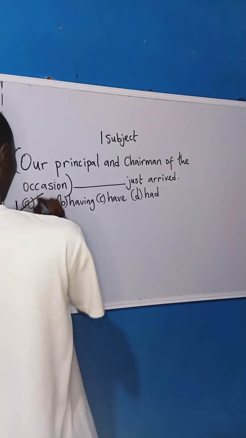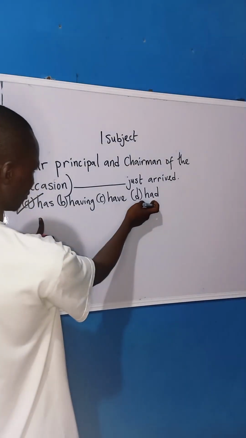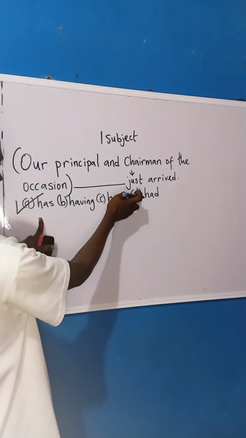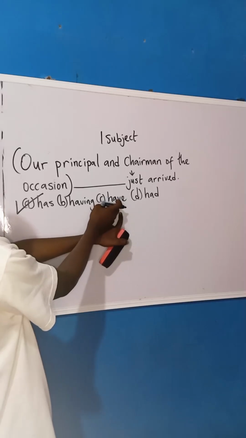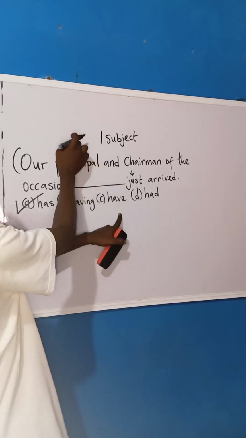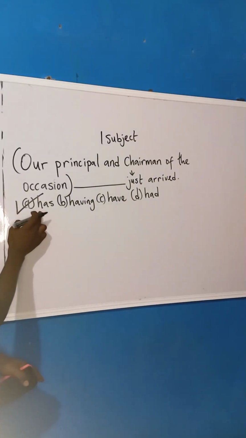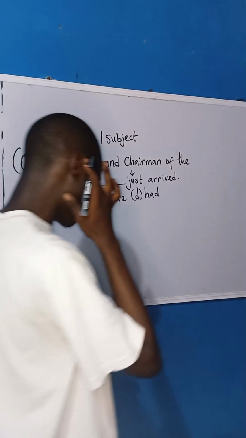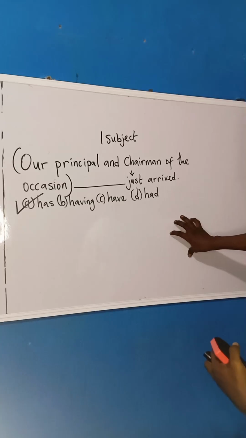So that is why our answer will be has just arrived. It won't be had, right? Because of just. Just is showing that it is present. Understood, right? And it can't be have, because have refers to plural, right? This one is a plural verb, while this one is a singular verb. Understood, right? Okay. Now, the exception to this rule is that sometimes we'll have,